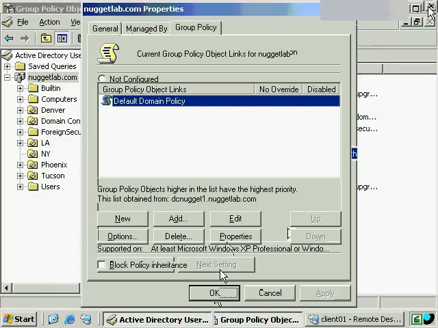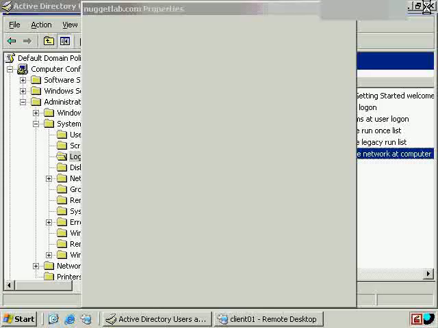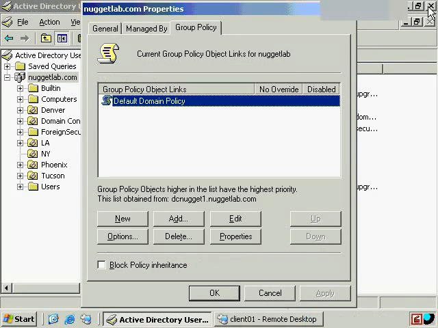Now with policies, there's also an inheritance in the scope of management. We said site, domain, and organizational unit, but there's actually another one, and that is local policy, which you can edit by going to a command prompt and typing in gpedit.msc. Doing that will edit local policies on the local computer only, and does not affect other domains or organizational units. In any case, it's local, site, domain, and organizational unit in the scope of management, which follows an order